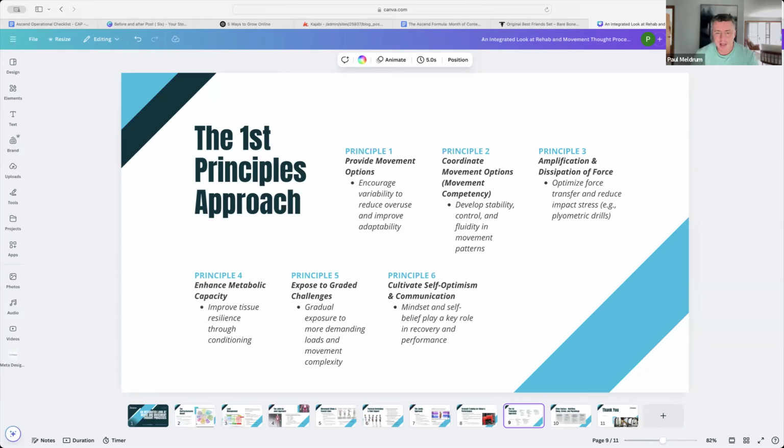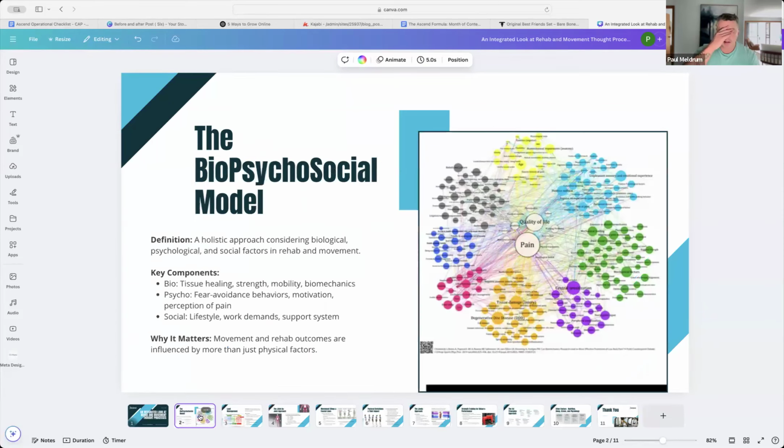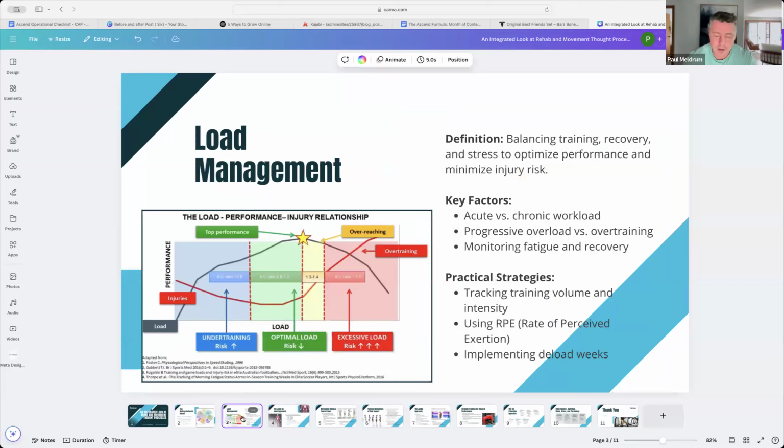So guys, to recap, this is how we apply it. Remember these principles as part of our programming options for moving forward over time. When we assess our clients and talk to them about their problems, so this is the talk phase, we look at the psychosocial model and we try to understand as much about that person as we can. Can't really argue with it. It's best practice for every situation that you could be in, right? Understand your client. Then we look at load management.